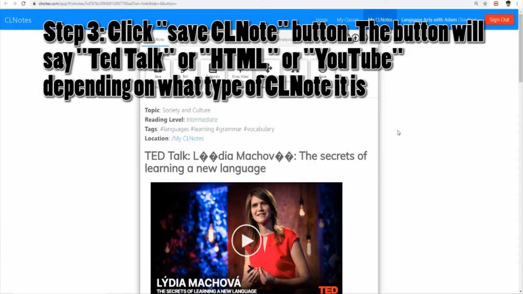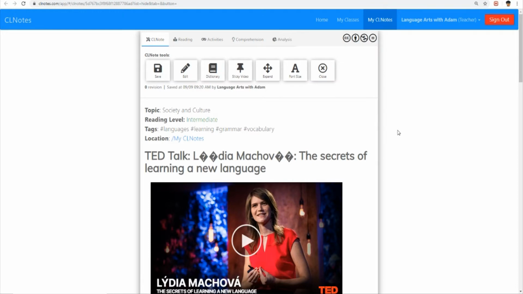All right, so now our CLNote has been completed, and as you can see, this took just a matter of seconds. So once you get used to doing this, it's a very quick process, and it makes it very easy to create or add new elements or resources to your class on the fly, which is so important these days in the world of project-based learning and student-centered learning, where we want to give students the opportunity to really decide